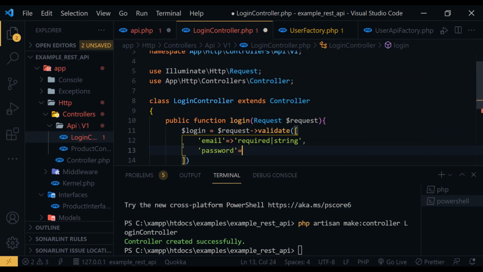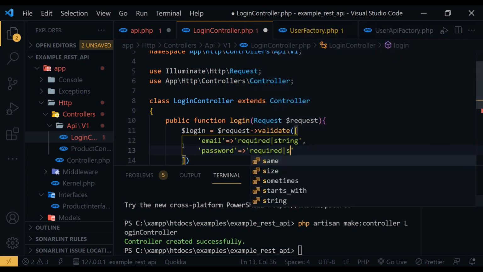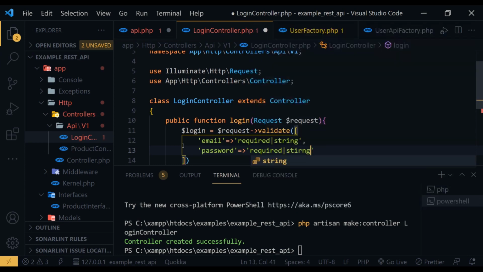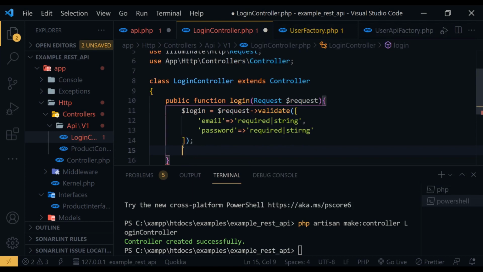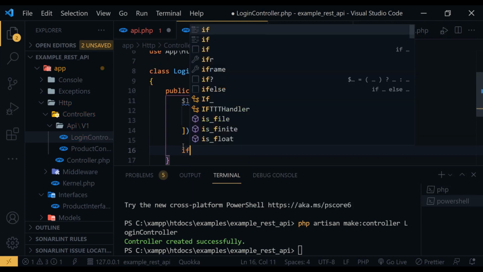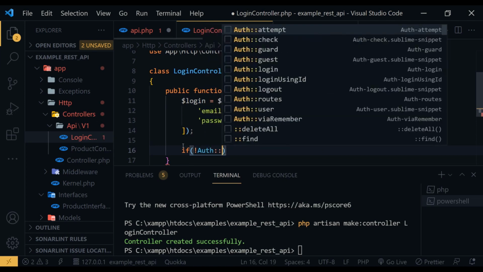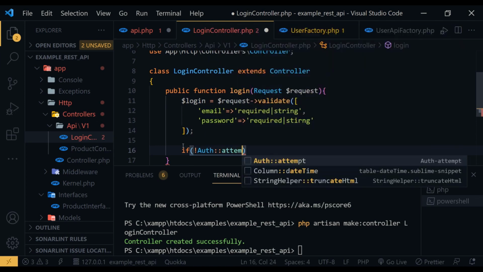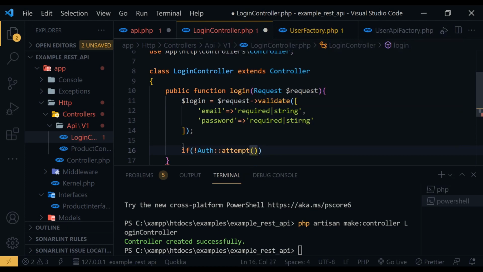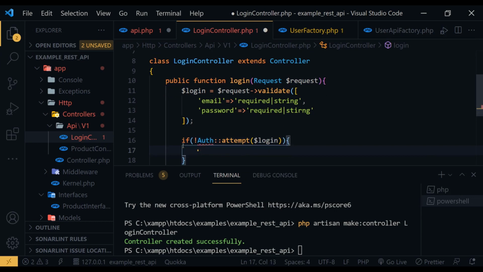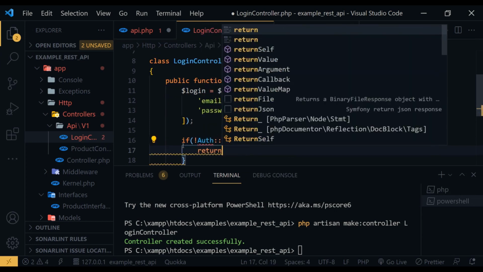Password is required and string. Okay, now validation is done. Now we need to check the authentication. If not auth attempt login, that means if it is failed to login, then return